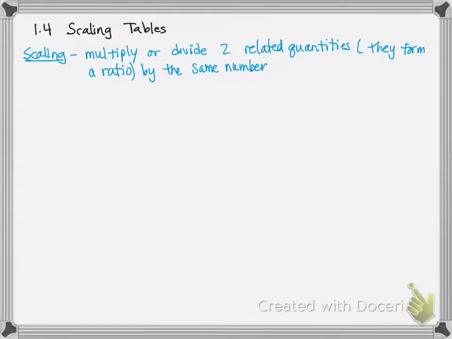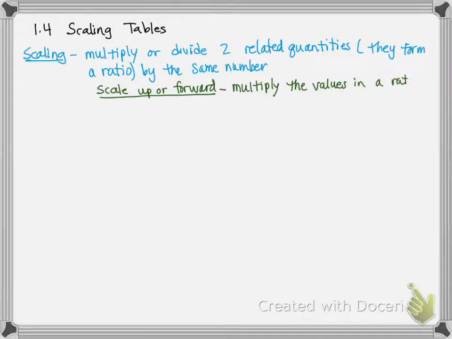So depending on what you're doing, we're going to have a couple of words. So we can take scaling and we can say scale up or forward. And that means we're going to multiply the values in a ratio to reach a target